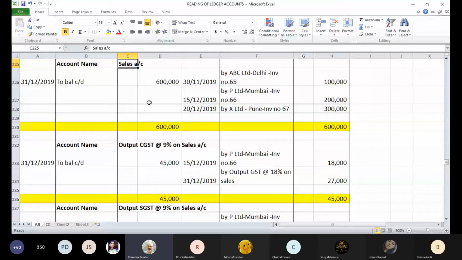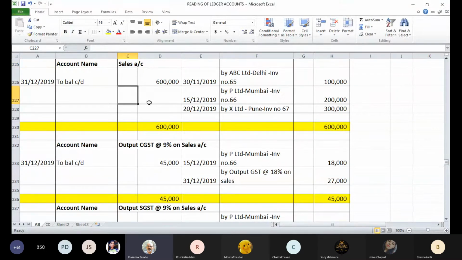How does it happen? Whenever you are a seller who has sold goods which are subjected to GST, you will prepare a bill for the basic value of goods. You will add GST to that, and you will work out the total amount payable by that customer. Now, whenever we account for this, we have to account for it component-wise. In a sense, sales will go to the sales account, that is the basic selling price, and GST will go to the respective GST accounts, which are output GST accounts.